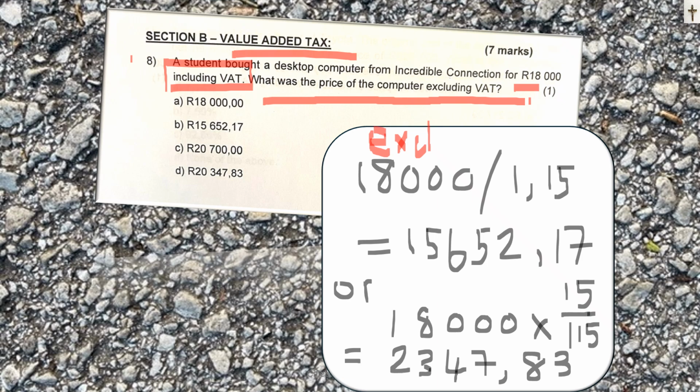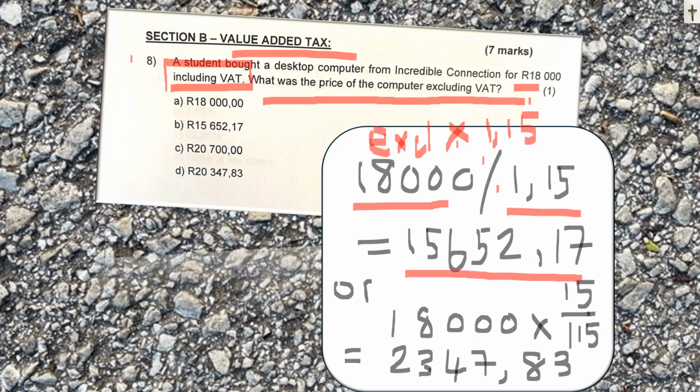But when you are given an exclusive amount and you want to get inclusive, you multiply by 1.15. Now what they're giving you here is the inclusive amount. So the opposite of multiplying is dividing. This is a division sign. So if I want to work back to the exclusive amount, I can say 18,000 divided by 1.15 is equal